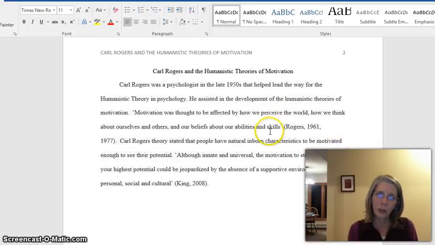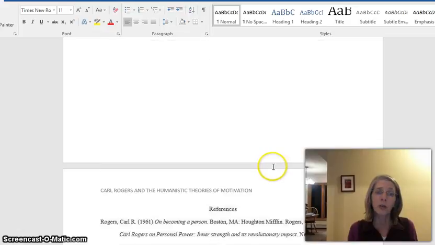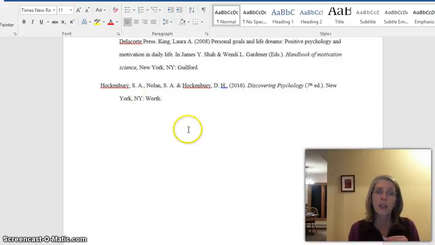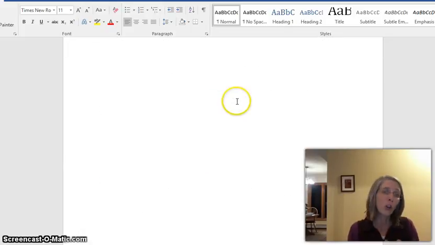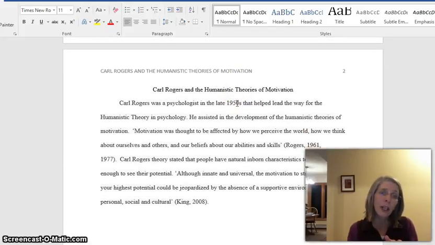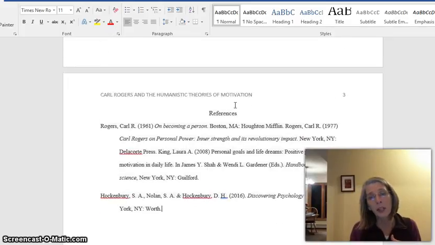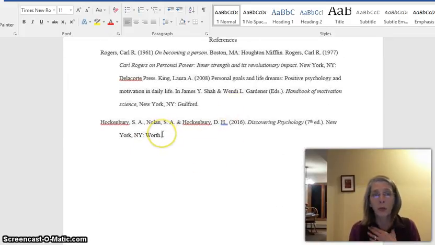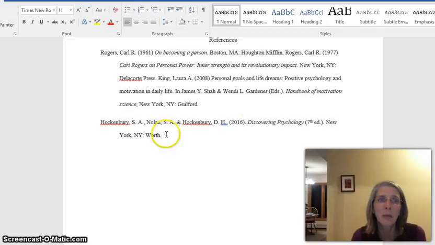And know that in the first paragraph, I will specifically be looking for 2 in-text citations from your textbook, Hockenberry, Nolan, and Hockenberry. So maybe just hold on to this paragraph here, kind of move it down into the paper, and instead create an introductory paragraph with Hockenberry, Nolan, and Hockenberry, and then kind of transition into some of your other material. All right, so please send me your corrections.